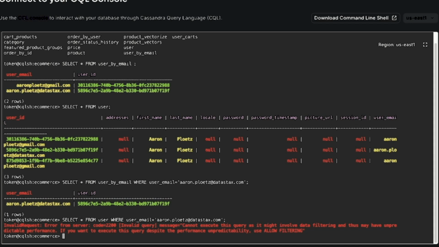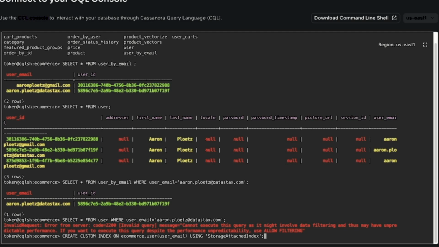Let's say create custom index on ecommerce.user, and we're going to use user email as our column. So we're going to create our index on that column, and then we're going to say using storage attached index to make sure that we are using the new storage attached indexing feature that is available in Cassandra 5 and Astra DB.